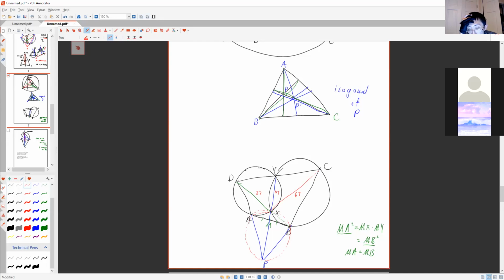So the fact we're not using yet is that somehow these 4 points are cyclic. And we also need to use that C, Y, D are collinear. So yeah, A, B, C, D being cyclic, and